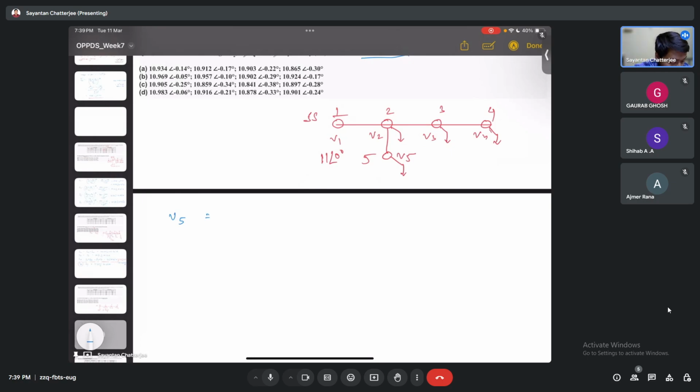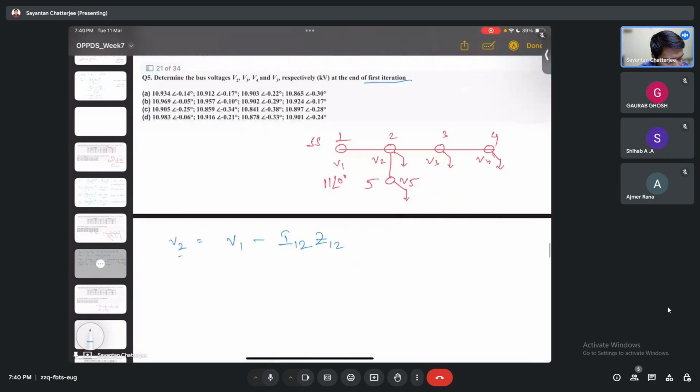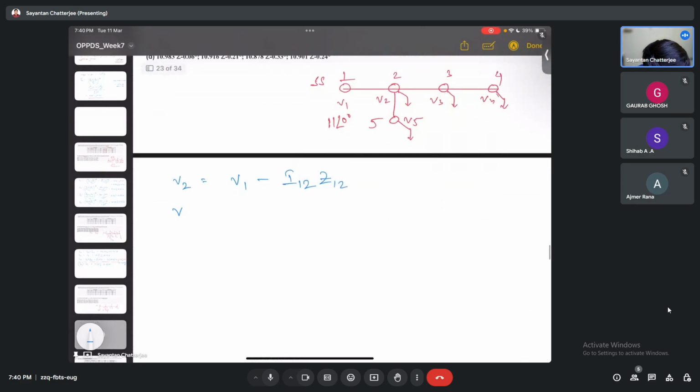Okay, sorry, this is the voltage scene, na? So we'll have to start from the substation end. What will be V2? V2 is V1 minus I12 into Z12, because R and X data both are there. Okay. Then